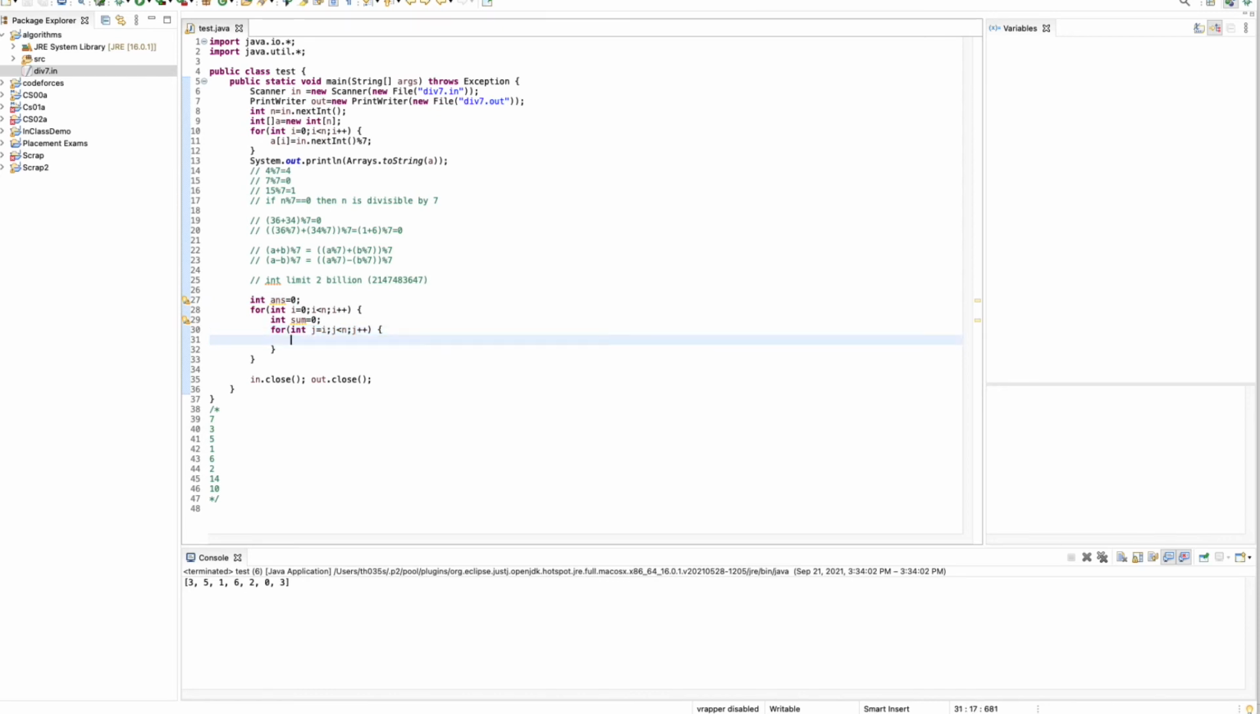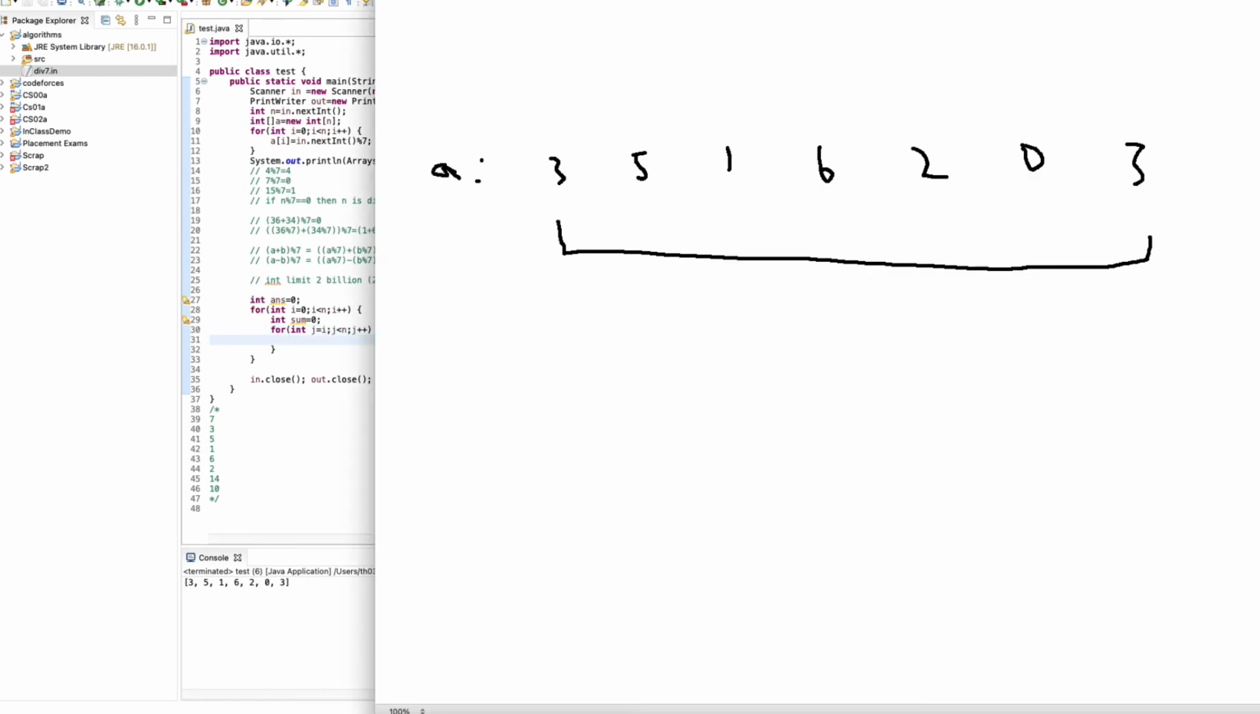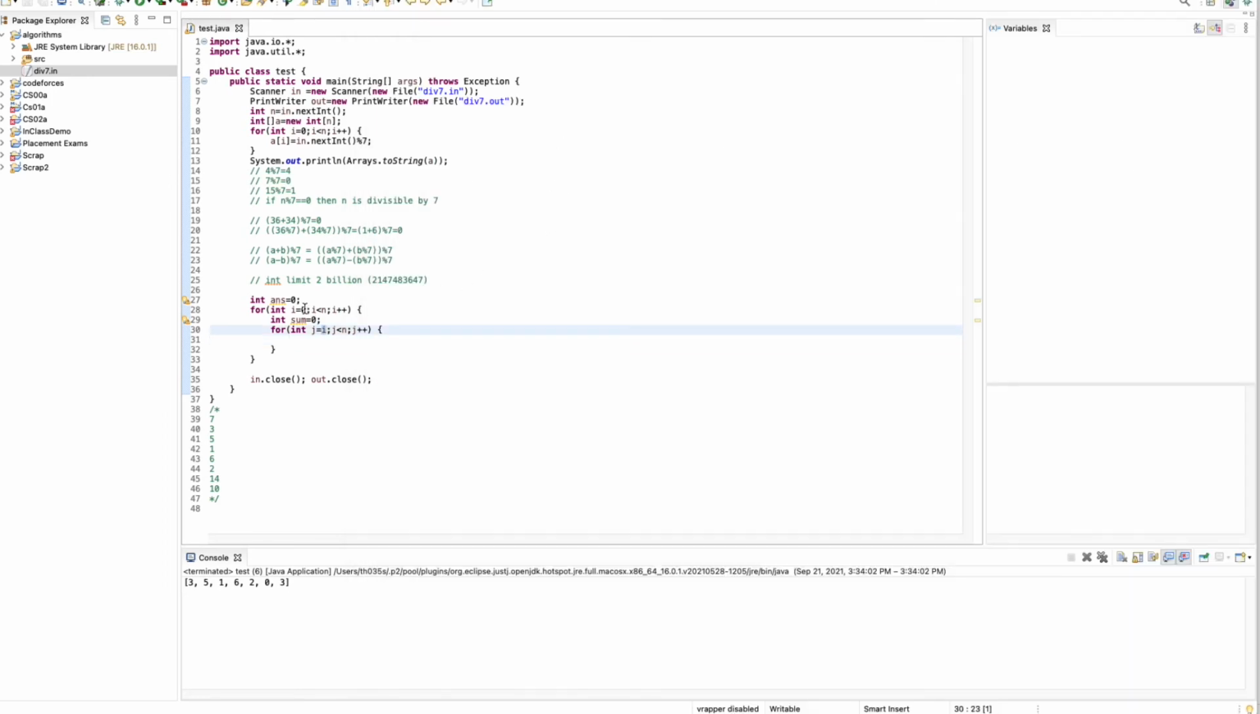So if we start at, let's say 3, the first range that we can have, including 3, is just 3 by itself, right? And that makes sense. i is 0, j is 0. So our left is going to be i and the right is going to be j, right? So we can say sum plus equals a of j. We get the 3, and then we can